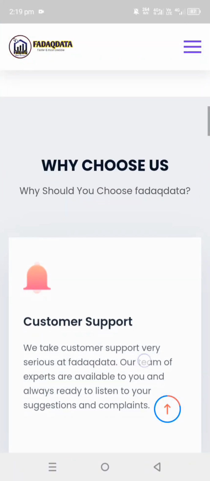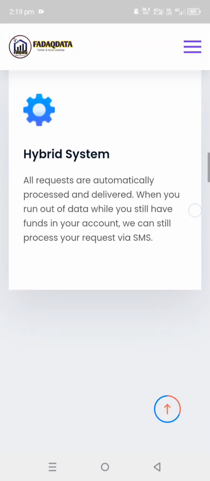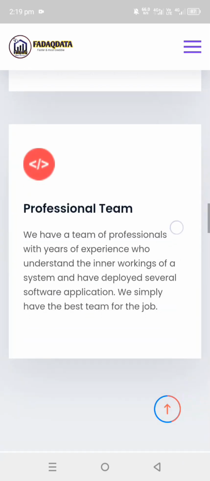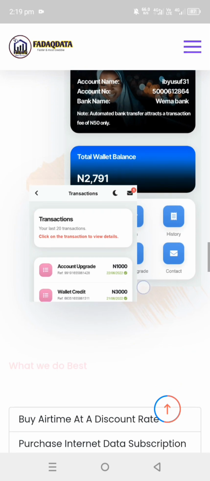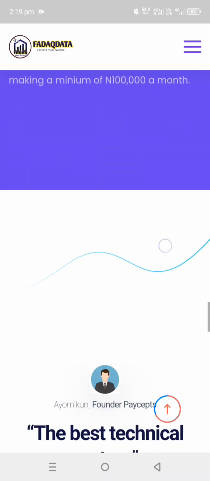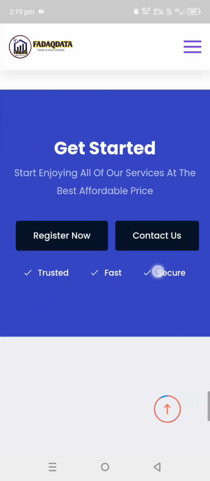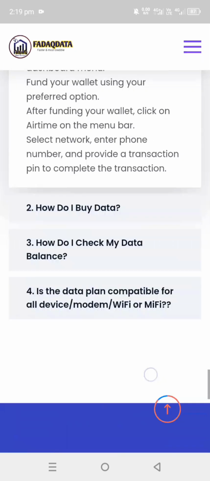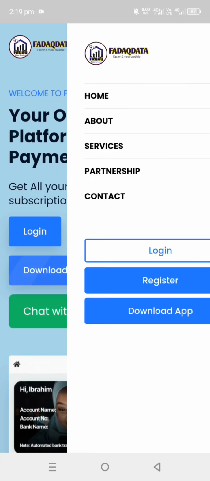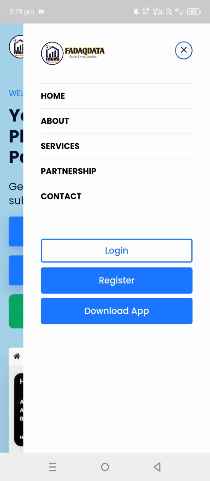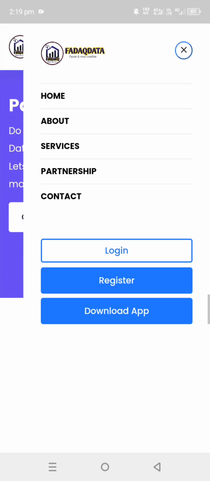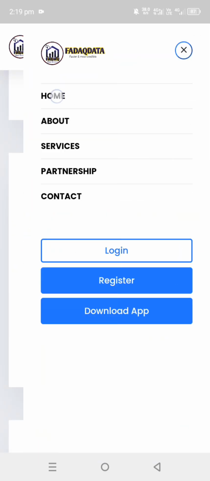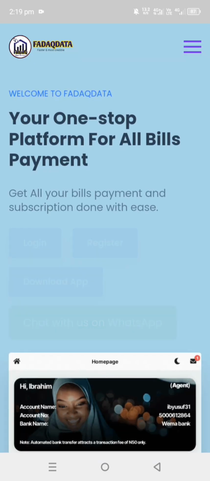This is how the VTU website looks. It is user friendly, hybrid, secured and reliable. A professional team has worked on this script and so on. You can see this is the partnership link. You can see this is so beautiful. You can update this with your logo and everything. You can see this is home, about, services, partnership, and contact. So you can see this is so beautiful, and you can create the same VTU website at the end of